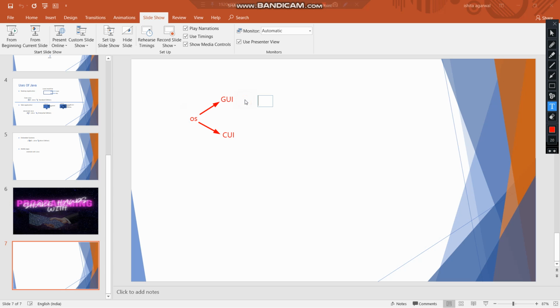It has two options. If we talk about our operating system, it basically has two options, that is GUI and CUI. By GUI we mean graphical user interface. That is basically the mouse effects.